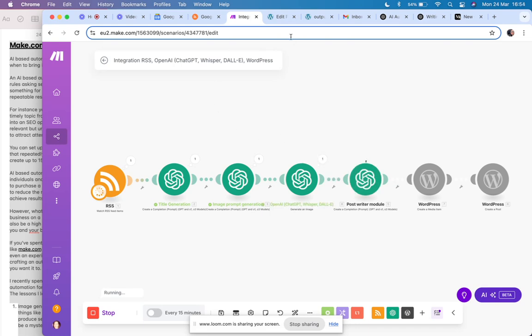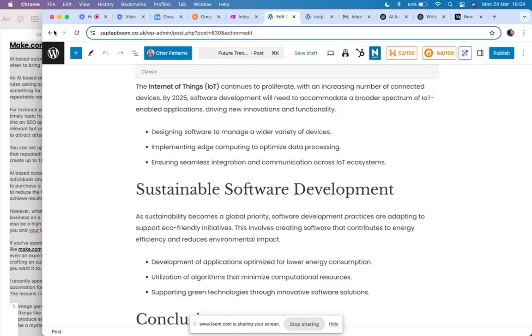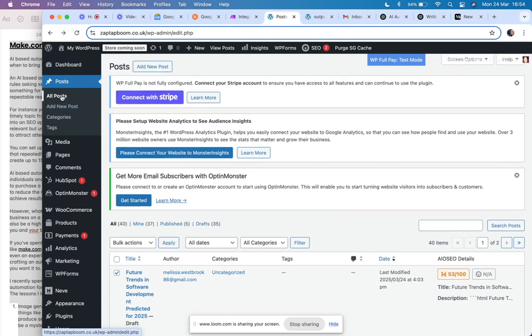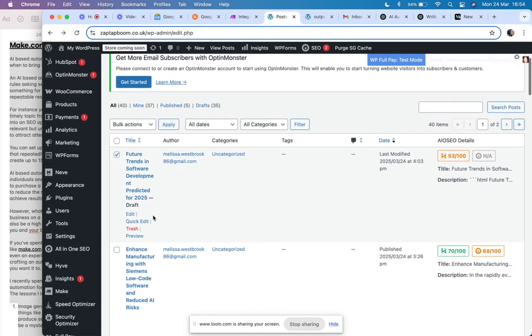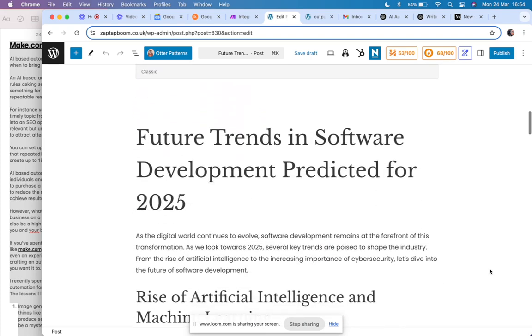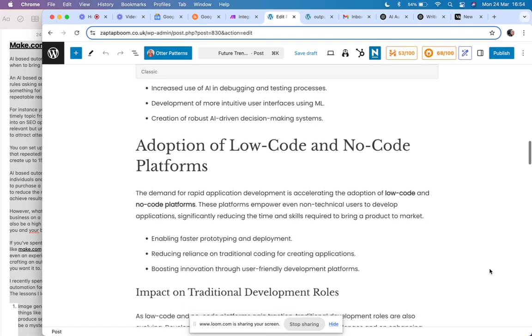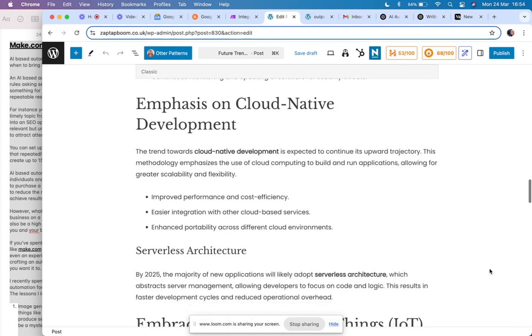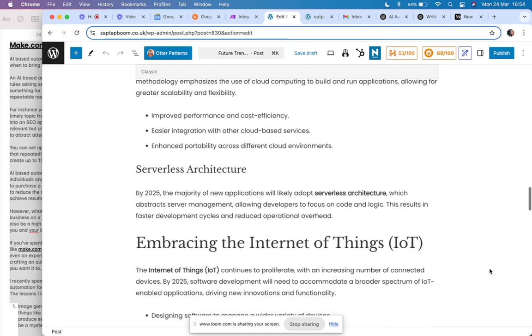But what you will actually find is that I'll go to the draft section of my WordPress, and I'll go to my article. And when it generates the blog post that I want to edit and then publish, it will actually follow those style guidelines because I've used ChatGPT as the source AI in my automation. So this is a way in which you can just make sure that your personality is reflected